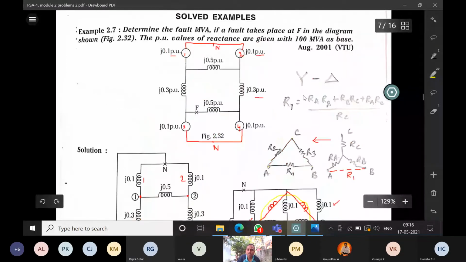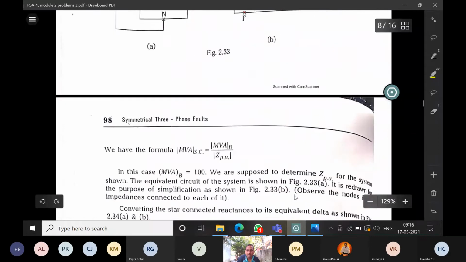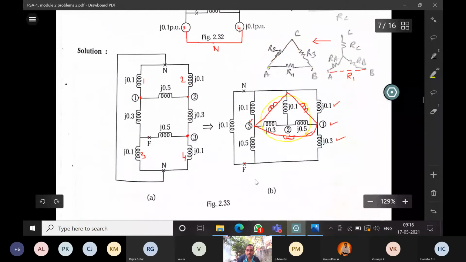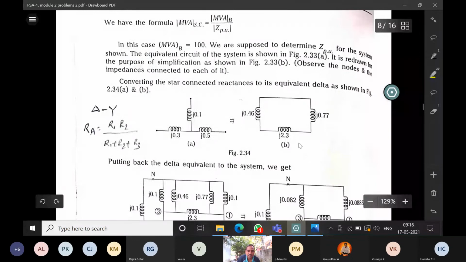So what is the star to delta conversion? Suppose R1 is equal to, so R1 how are you writing? R1 is connected between A and B, RA and RB like that. Suppose I want this resistance in between point 1 and point 3. So point 1 into point 3 plus point 1 into point 5 plus point 3 into point 5 divided by the opposite resistance here, point 5. Okay, so like that you convert it. Point 1, point 3, point 5 is there. So convert it and make it as delta connection and calculate the value, how much you got.